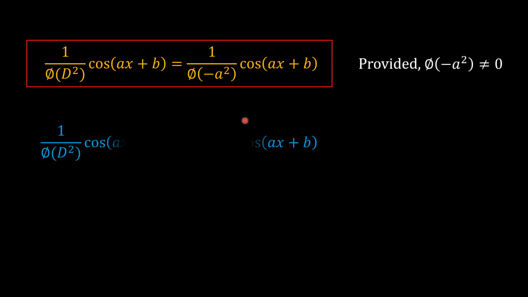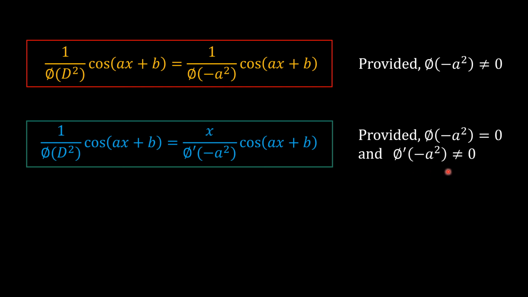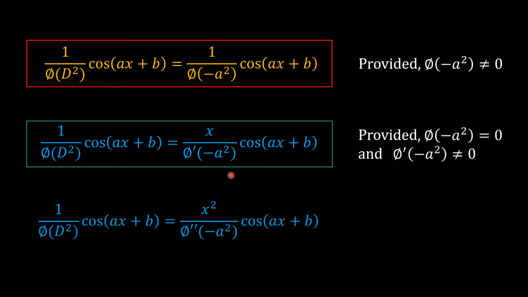If it is 0, then the particular integral will be evaluated as 1 upon phi of d square cos of ax plus b equal to x divided by phi dash of minus a square cos of ax plus b, provided that phi of minus a square is equal to 0 and this denominator phi dash of minus a square is not equal to 0. If it is 0, then this will be the case of failure. Hence we will go to the next case, which is